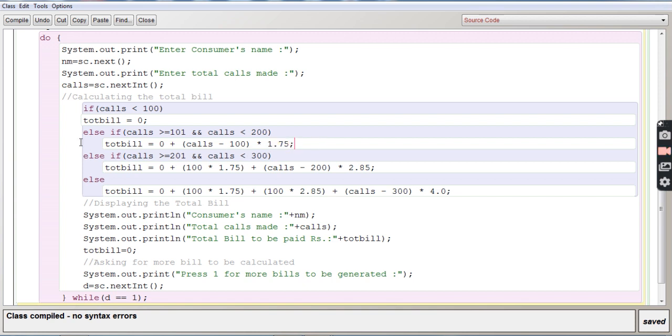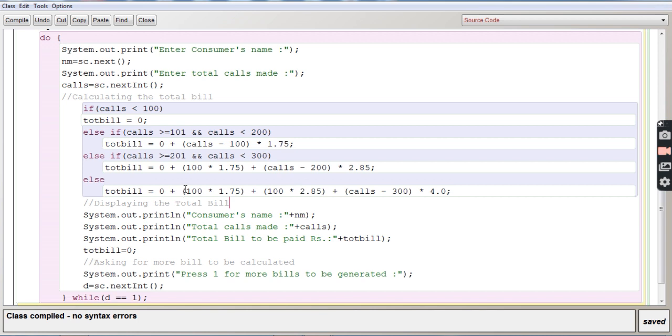Similarly, whatever calls you give over here will be checked by the conditions, and whichever condition is true, it will go to that particular part and calculate the bill. If it is more than 300 calls, it will come to this part and calculate everything as per 300, and you can check in the rough column.